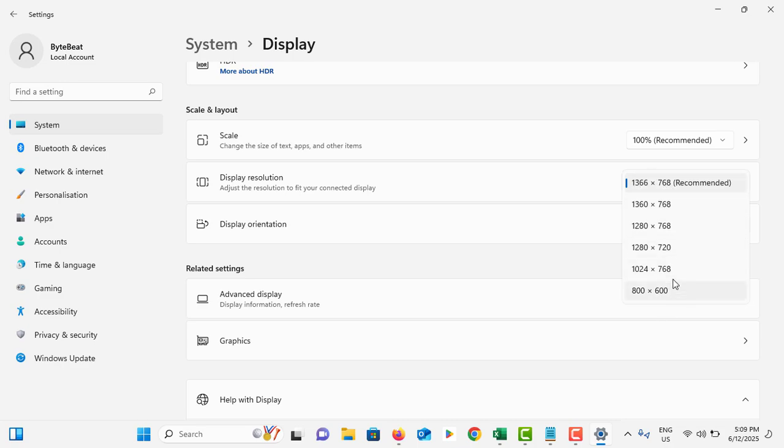There are several options here, but those options will make your screen blurry, so you have to set the recommended version. And if you need to change your text size without changing the scale, you can again go to accessibility